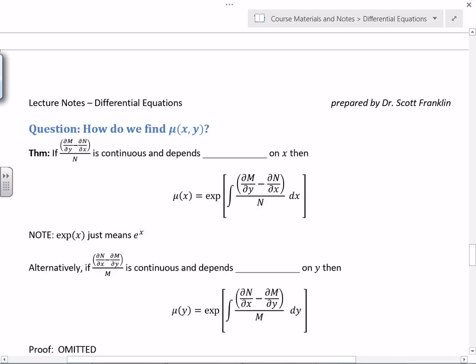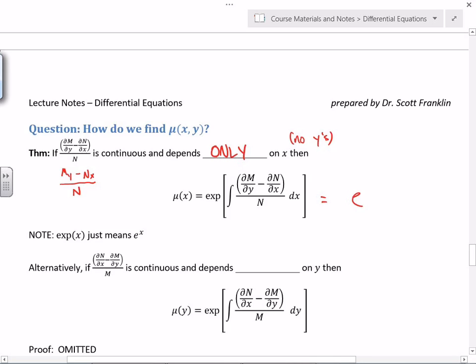I'm going to adjust some of these. If you want to rewrite underneath here, you like the partial notation with subscripts better than my Leibniz. So I'm basically saying take M sub y minus N sub x and divide that by the original N and see what you get. Okay? So take the M, take its partial with respect to y. Notice that's the thing you're using to check if it's exact. So now that plays a role. And N sub x, you checked to see if it was exact. Subtract those and divide by the original function N. And if that depends only on x, no y's,